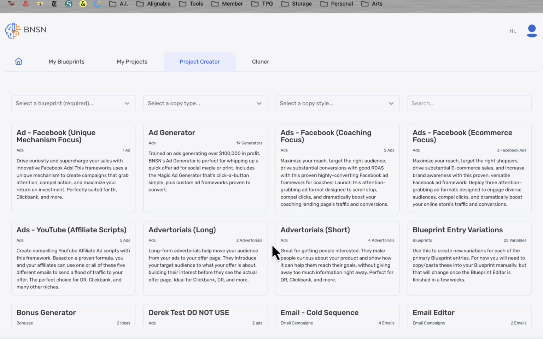Now, an advertorial, if you're not familiar with it, is a sort of a sales piece, a piece of content that looks very much like an article, but is designed to move somebody from maybe learning a piece of information into a sales process. So it's really kind of a sales letter disguised as an article. There's two different advertorial types currently available inside the software, and we're going to take a look at this